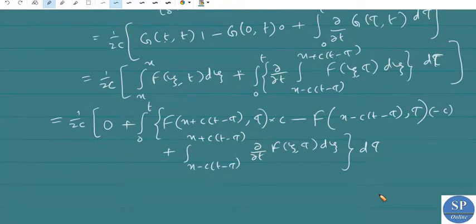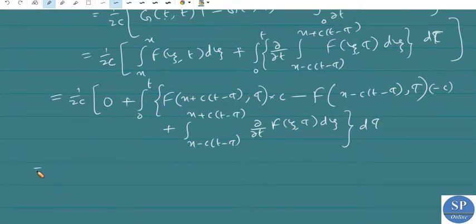Okay, now dou by dou t of f of zeta comma tau is 0, so we have this is nothing but 1 by 2c into this integral of this only, that is here we have c, here also we have c, so we can take c outside, so here it will be c by 2c,